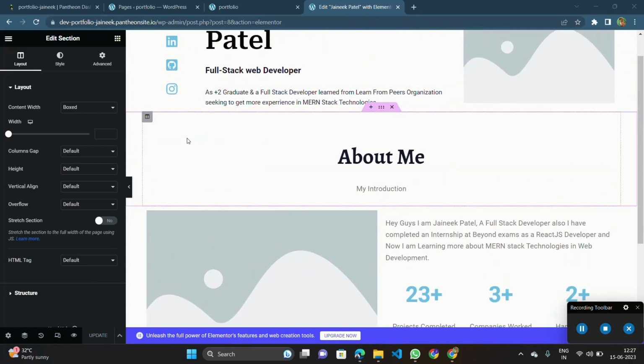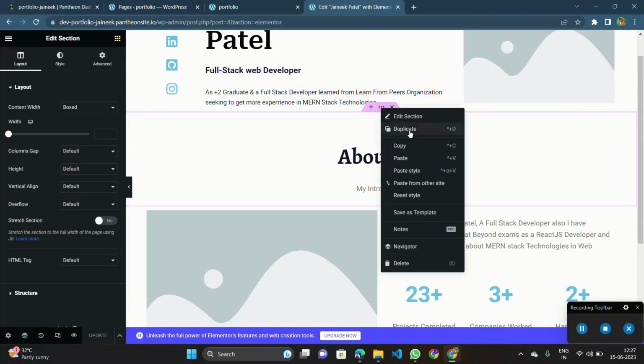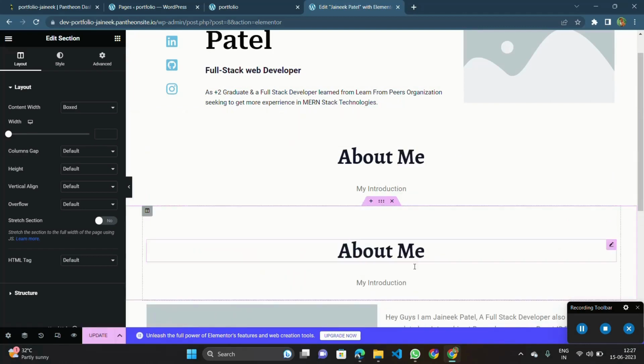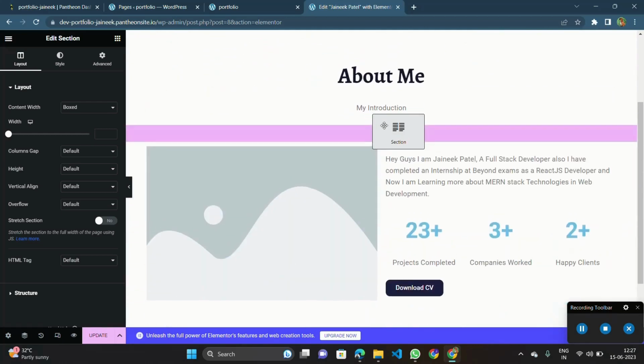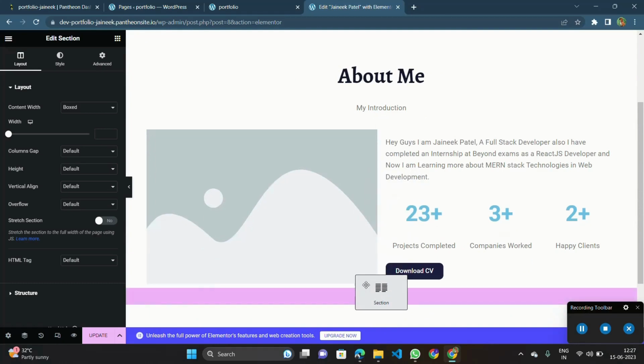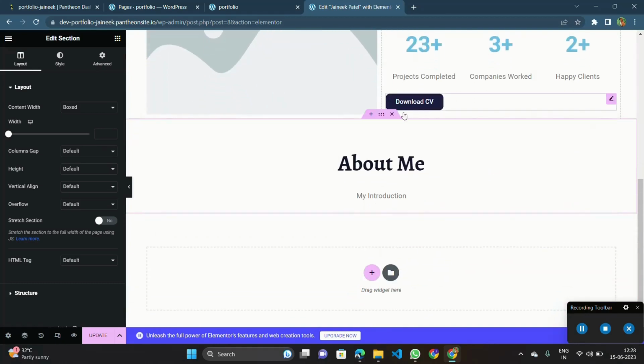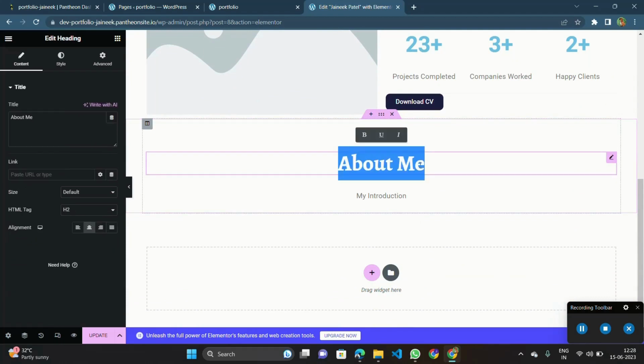As earlier, we have created the about me section. For the next section, we also take this heading. To duplicate this section, we just have to click the icon at the top, right-click on it and click on duplicate. This is how you duplicate the complete section of this heading. After that, click on the icon and place this section at the bottom. Then change the heading, because we want to create a section of qualification